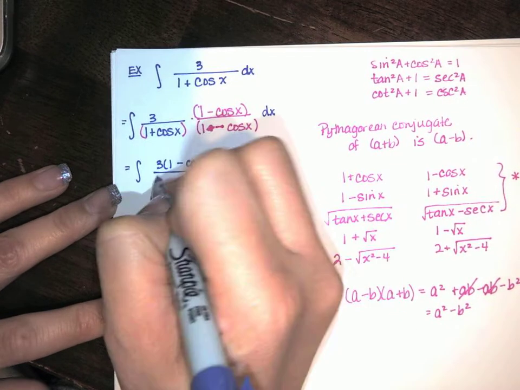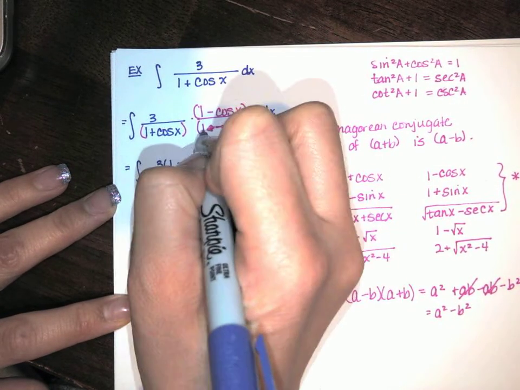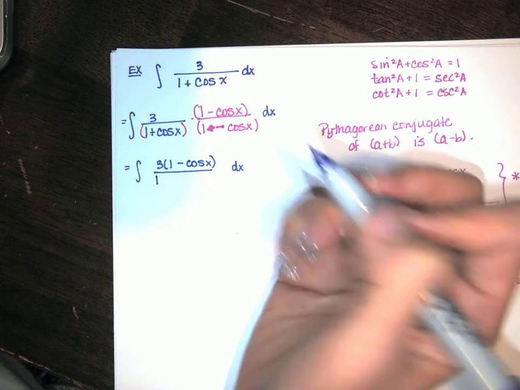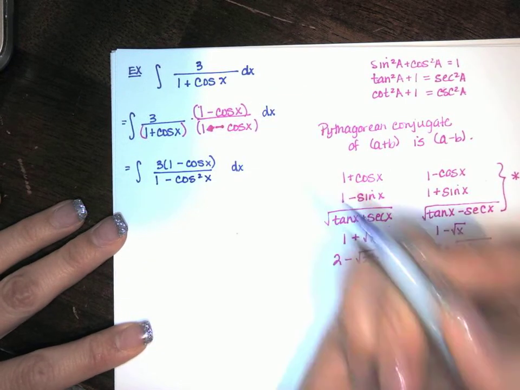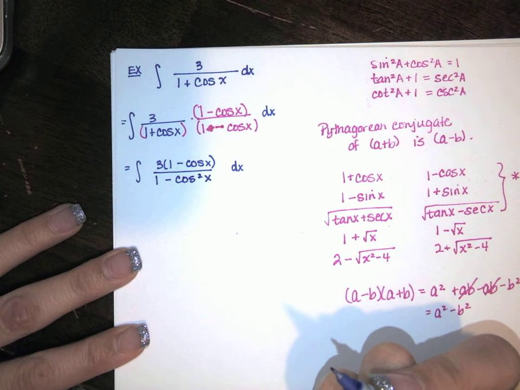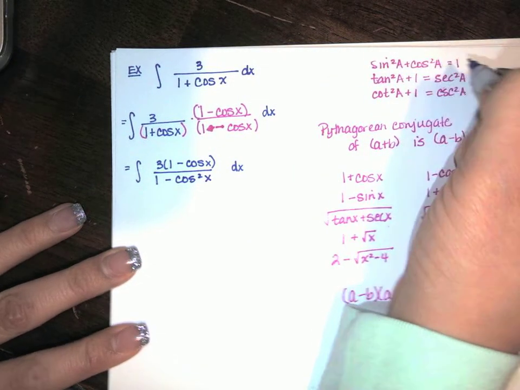1 times 1 is 1. I get minus cosine plus cosine. Those reduce, so those are gone. And cosine times negative cosine is negative cosine squared. So we're here. Now, according to this,